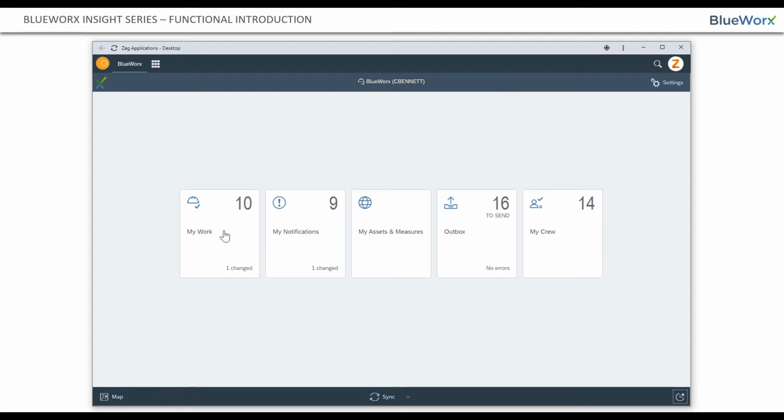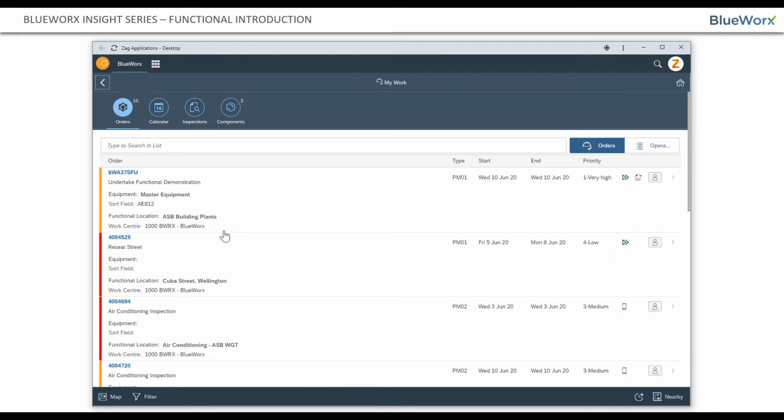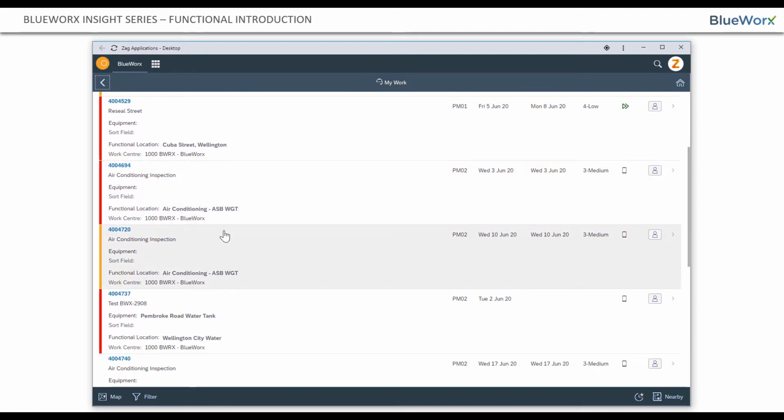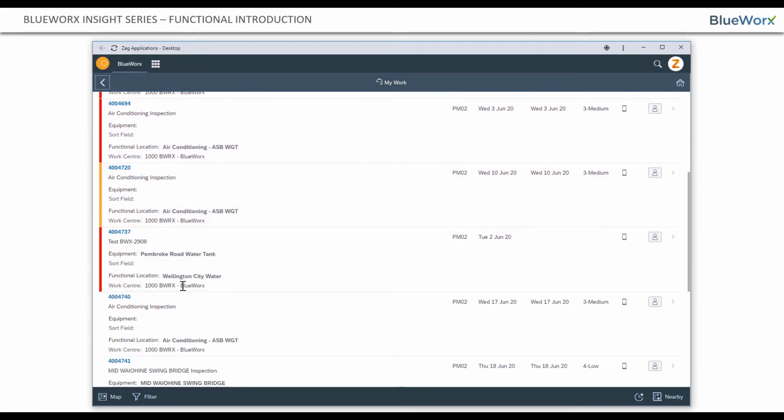So now we'll move into the My Work, so this is all around work orders, and we have a list of work orders that are displayed with some colour coding going down the left. It's given me a warning that these items are either coming due, or if it's red, that they're overdue. Green if I had completed something and it hadn't been synced, or with no colour meaning it's some time away